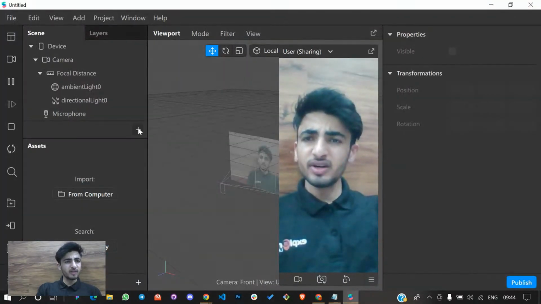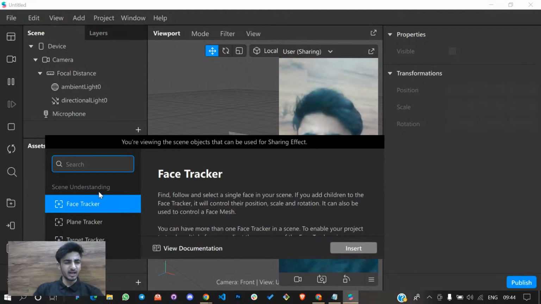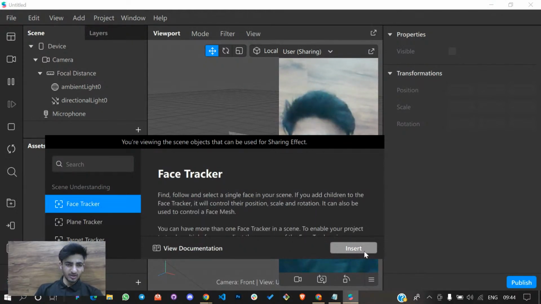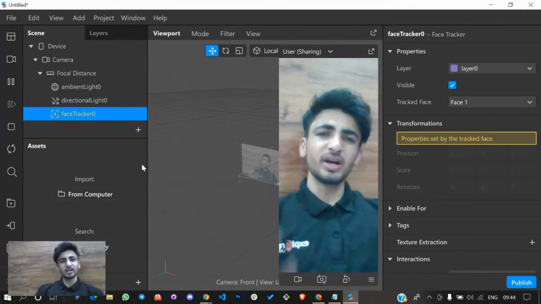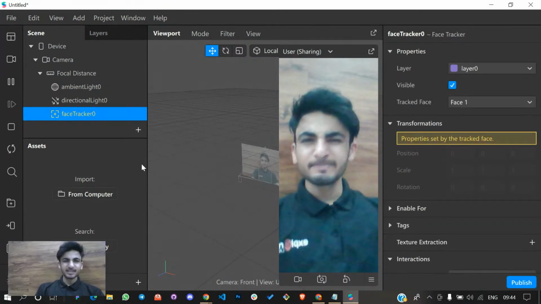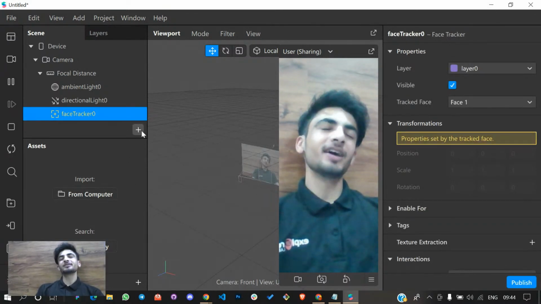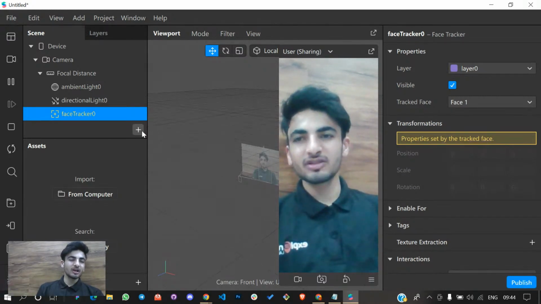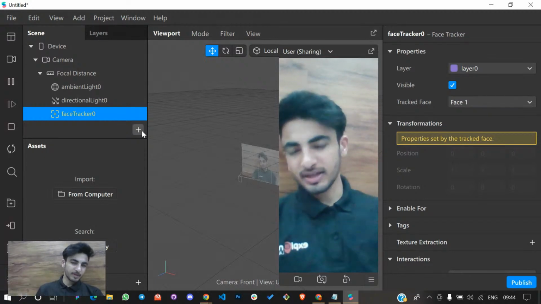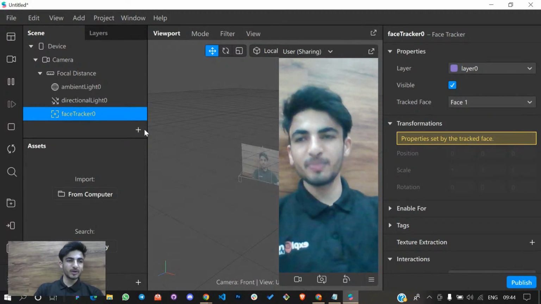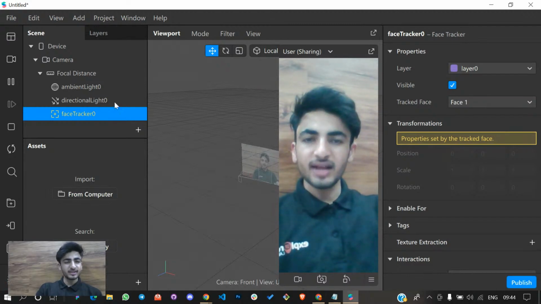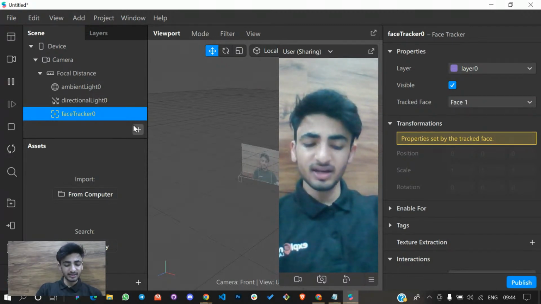Now for today's filter, we will go with the face tracker. I'll simply click on the face tracker and click on the insert button. I told you earlier, Spark AR is totally about a bucket where you just plug in the fruits and put them in that bucket. That's it about Spark AR. So I just imported one face tracker over here. And now the next thing that I need